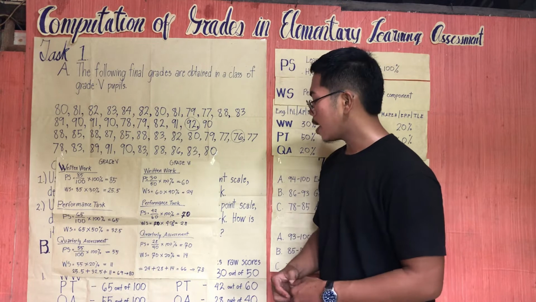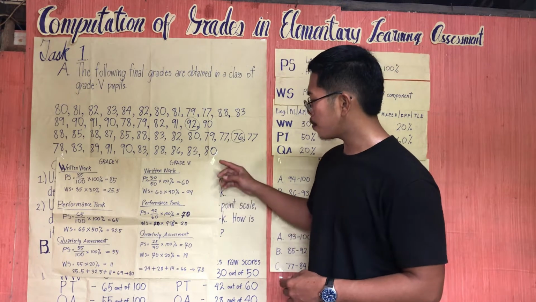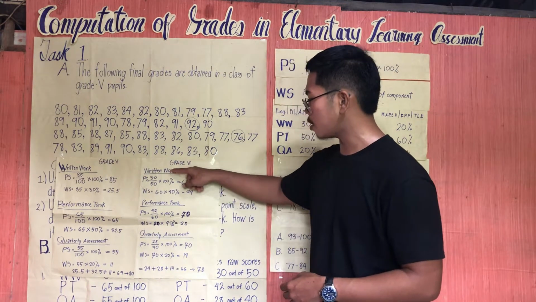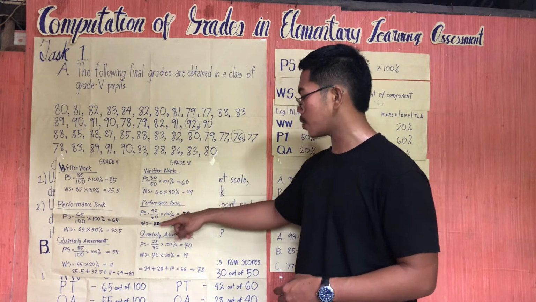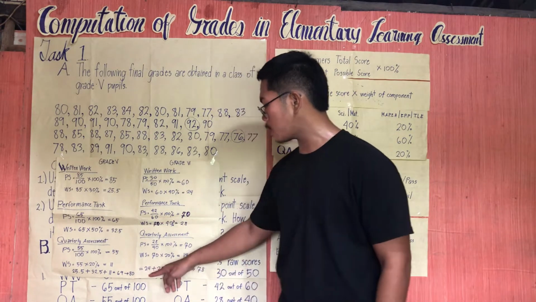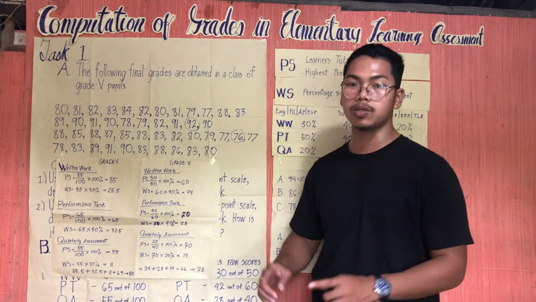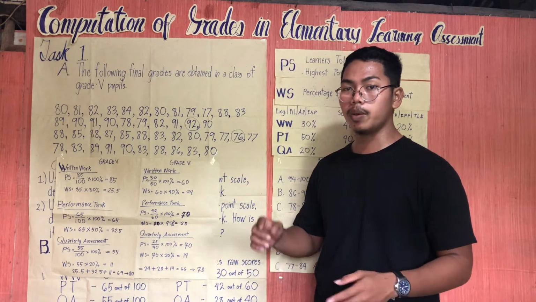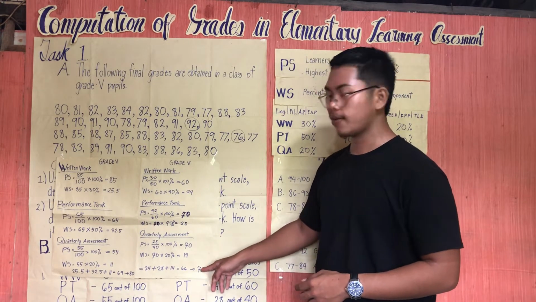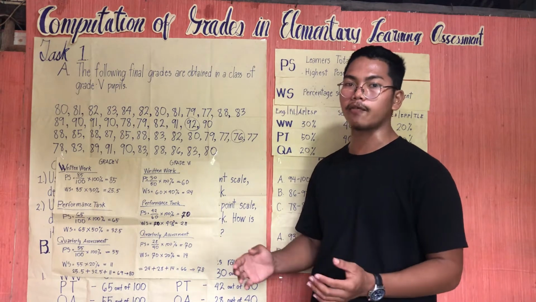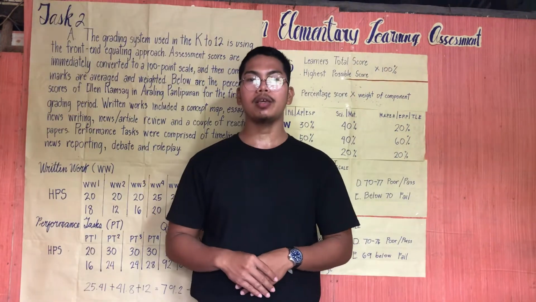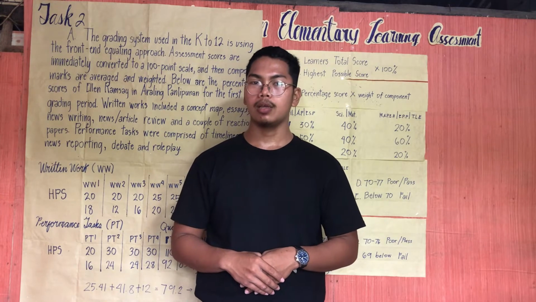Overall, we will add up the weighted score of written work, performance task, and quarterly assessment. And so we came up with 24 plus 28 plus 14 is equal to 66. Now we will transmute it to 78 because this is the given transmutation of grade. Since we are done with Task 1, Section A and Section B, we will proceed now with Task